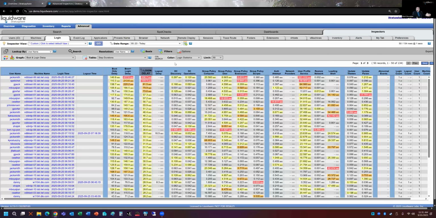All right, so what do I do if I have a really high DC discovery? Well, the first thing you should investigate is how far the user is from the domain controller. If they are a couple of milliseconds away from it, and a ping test will reveal that, even breaking down the login will tell you, because we show you exactly what's going on, and that means how long it takes to ping the DC. So that's the first thing I want to know. How long did it take to ping the DC? Now, if the DC took 1 millisecond to ping, and I've still got a 900 millisecond DC discovery time, what